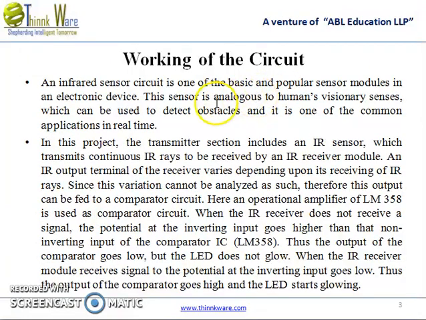The working of the circuit. An infrared sensor circuit is one of the basic and popular sensor modules in an electronic device. This sensor is analogous to humans' visionary senses, which can be used to detect obstacles, and it is one of the common applications in real time. Well, it can help a blind man to move freely, as it can tell him as he moves nearer to